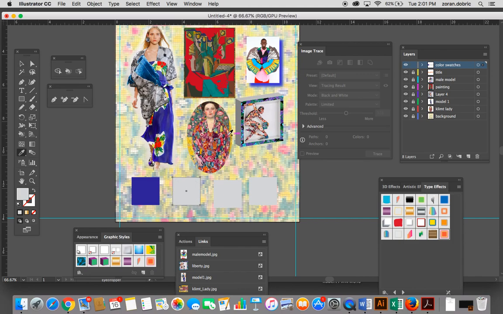So I'm going to use the eyedropper, click on this painting of Klimt, select this color. Then I will use this swatch, use the eyedropper, click on any of the pink colors, and then lastly I'm going to use the eyedropper and select, let's say, a yellow. So I'm going to select 4 different colors,